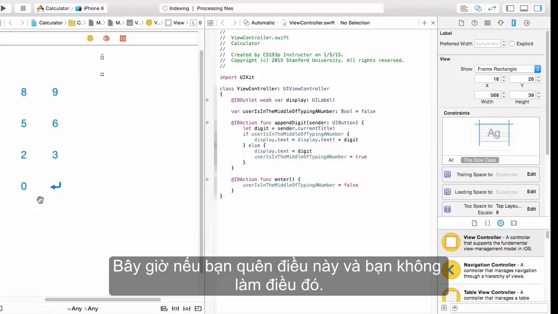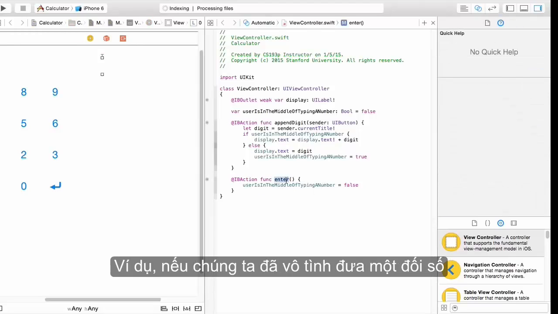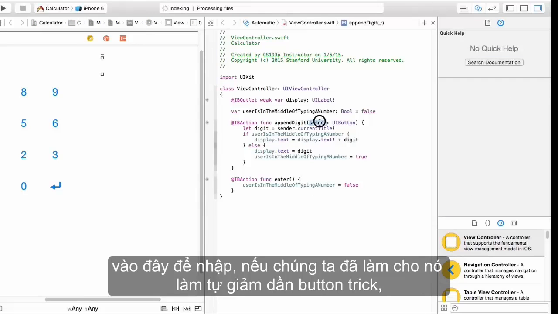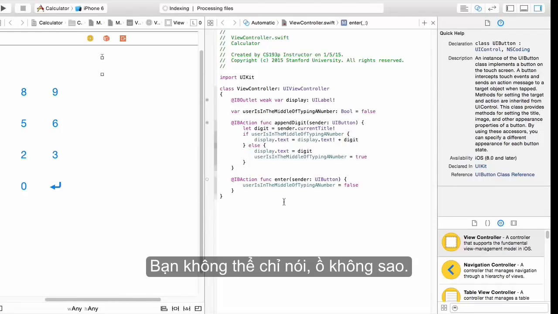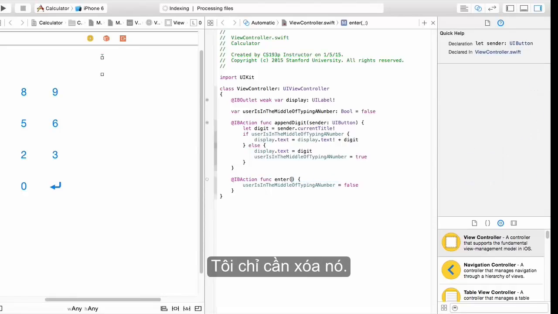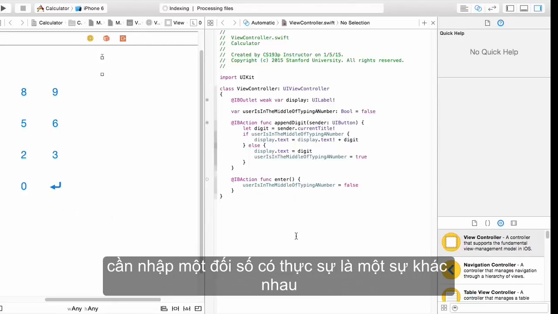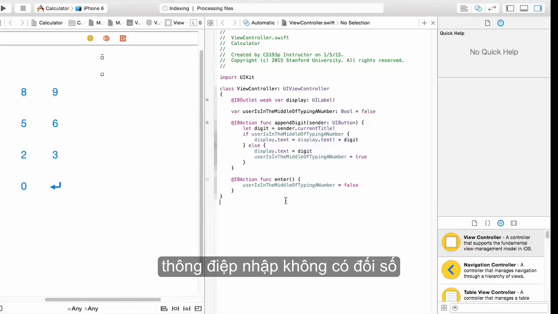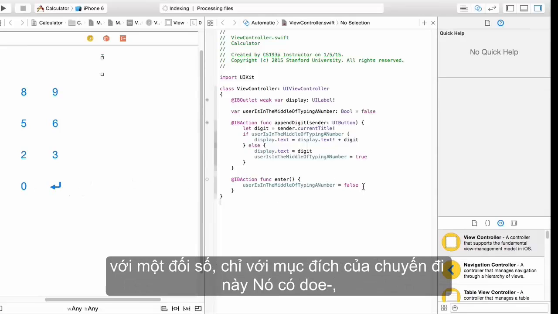Now, if you forget about this and you don't do it, or maybe you have it wired up to something that you changed. For example, if we had accidentally put an argument here to enter, if we had made it do the sending button trick, kind of like this, you can't just say, oh, okay, I'll fix that, I'll just delete that, because that would not work, because enter with an argument is actually a different message than enter with no argument. And so if you just deleted that, when you run your program, it would crash, and it would say, couldn't send message enter colon when you touch this button,